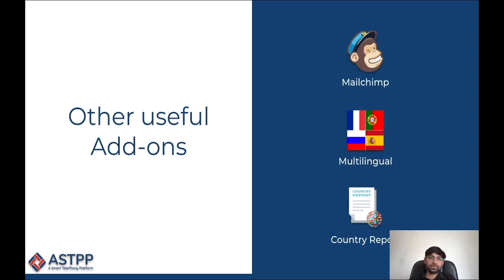Among other useful add-ons, we have MailChimp integration as well. That is for marketing purposes if you want to integrate. All your customers' email addresses will be synced with MailChimp, and then you can automate your email, or do the promotion activity from MailChimp. We have 13 plus